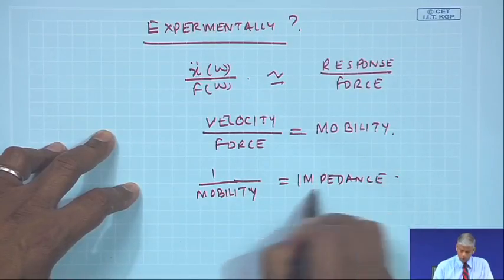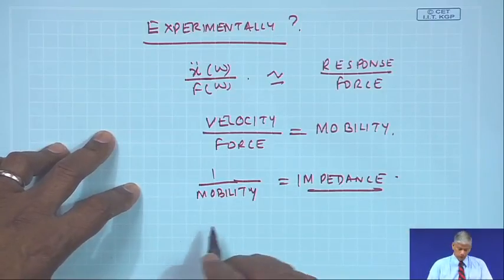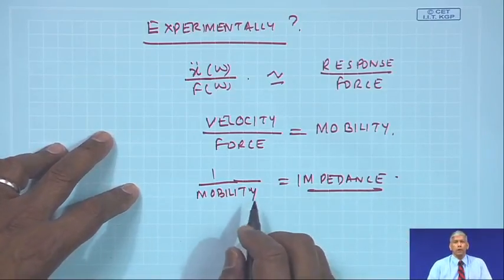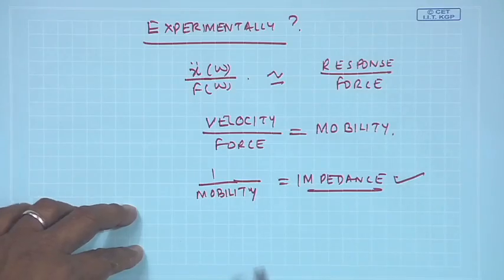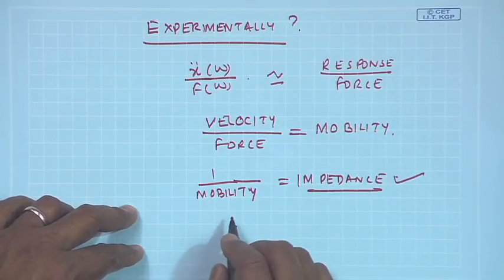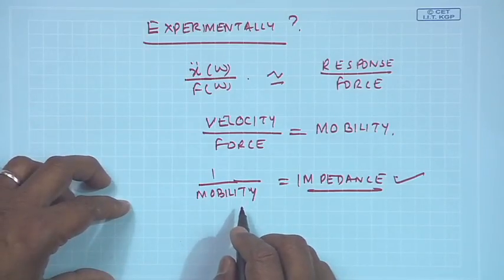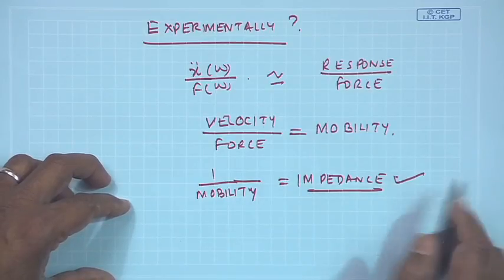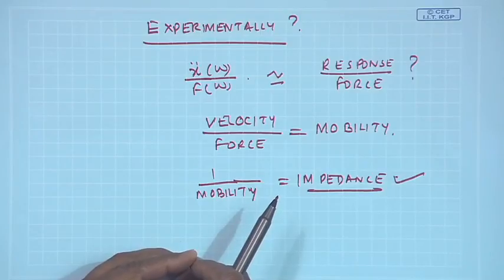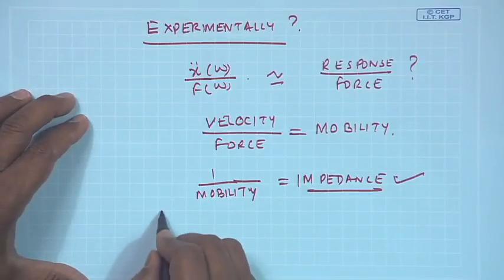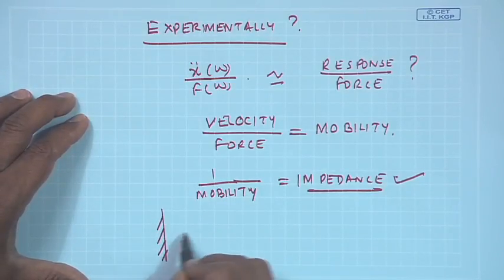And when we design a system, if its mass, spring and damping are known, we can estimate its impedance. Wherever the impedance goes to a minimum, we have resonant conditions and we can find out the natural frequencies. Now, the question is, how do I measure this? Once I know them, I can also find out the damping and the mode shapes. For example, if I have a cantilever beam,